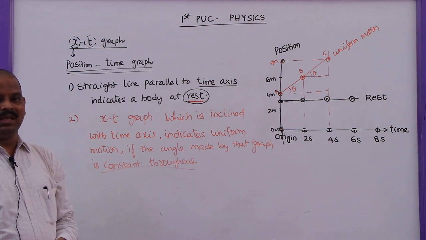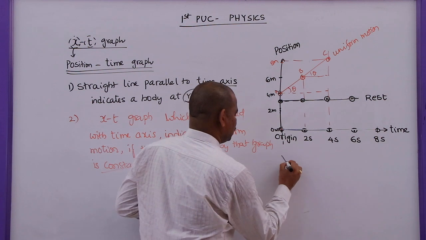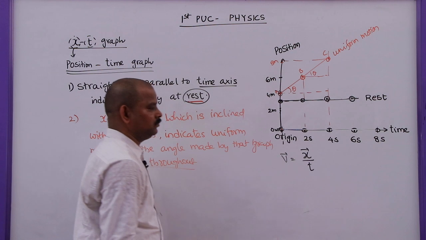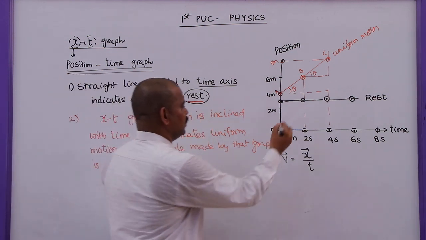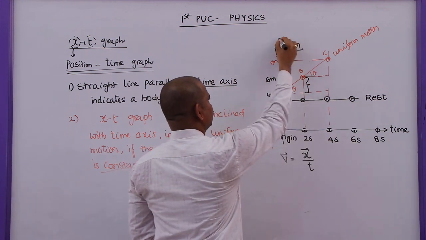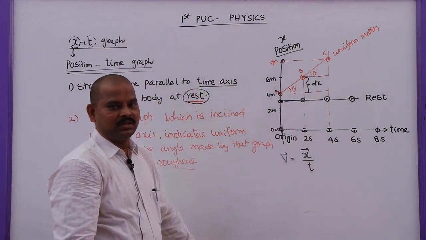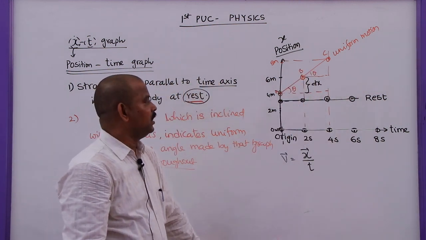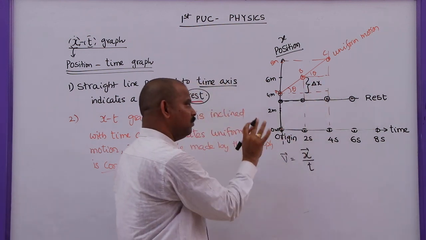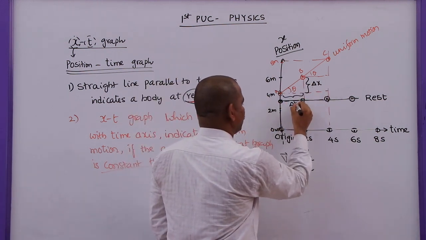How to represent the velocity of a body? We know that velocity, that is v bar, is equal to displacement by time. Here, what is the displacement? This is the displacement. If it is a position, that is x, then this will be dx, a small displacement, denoted with the letter dx, or in some books given as delta x. Both are not the same, but I will explain this later. This is delta x and this is delta t.